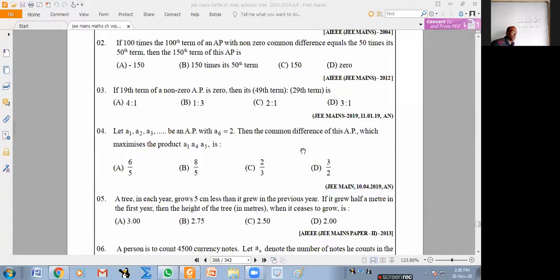Maybe it was not written here, but the original 2019 paper I gave below is not correct, because they should at least ask for what value of d this will attain a local maximum. They can ask that. If they don't ask anything, it's the absolute maximum, and the absolute maximum is plus infinity because a cubic expression can go all the way up to infinity. So in that way, the question is wrong. For the fourth question, they should have mentioned local maximum. Otherwise, you simply find the derivative, equate it to 0, and take the sign change from plus to minus as maximum. That is only local. When we say maximum without mentioning anything, it is absolute.